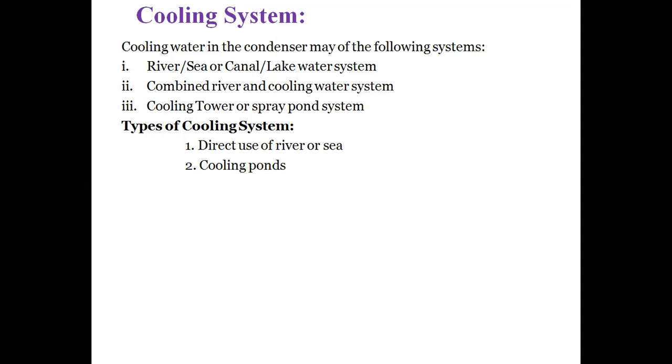A cooling pond consists of a large shallow pond. The depth of the cooling pond must be about 1 meter only. In this, water from the condenser is sprayed through the nozzle over a pond of large area and cooling effect is mainly due to evaporation from the surface of the water. In this system, a sufficient amount of water is lost by evaporation and windage.